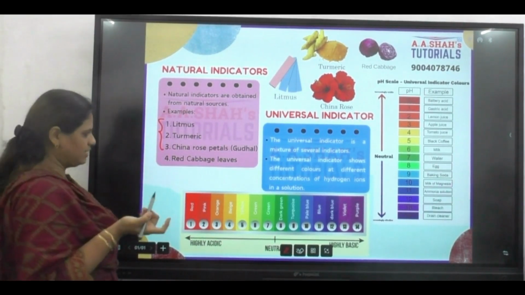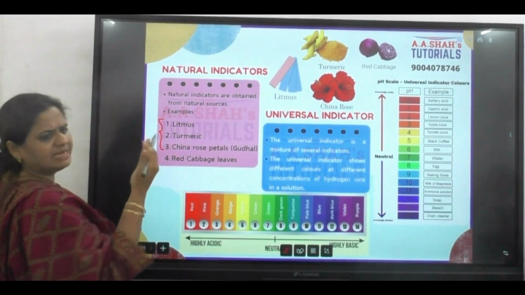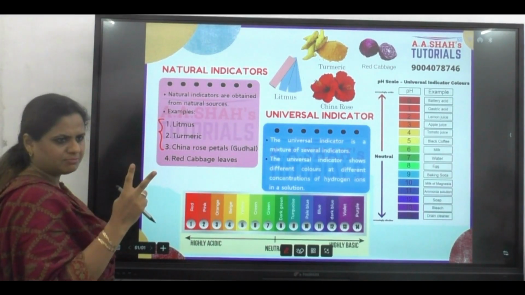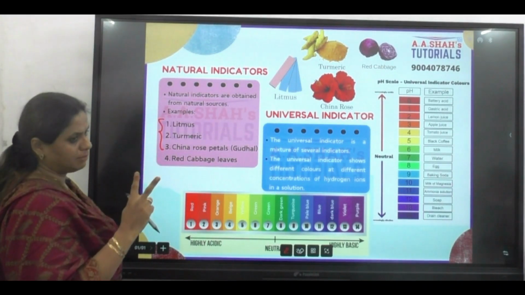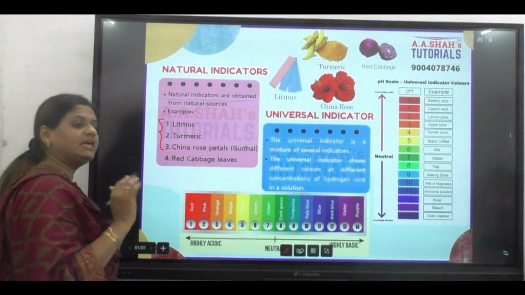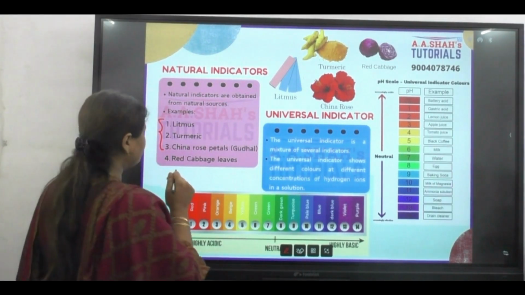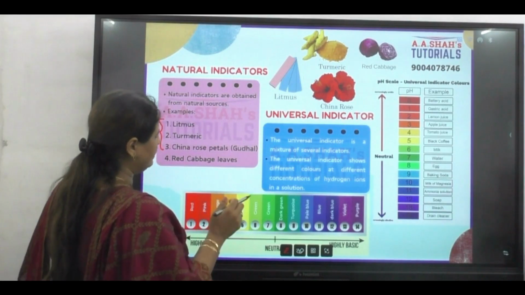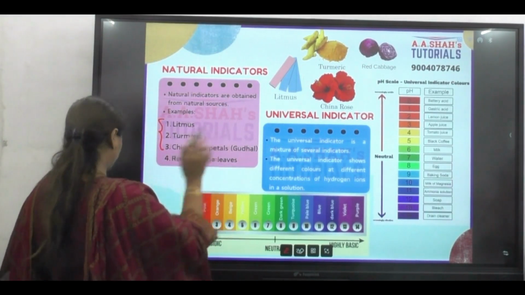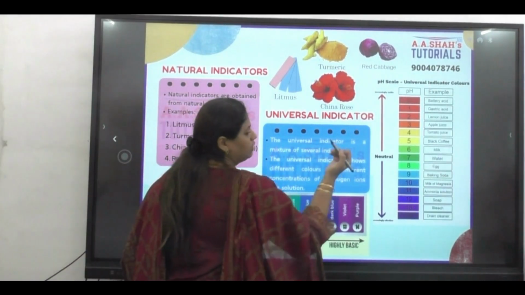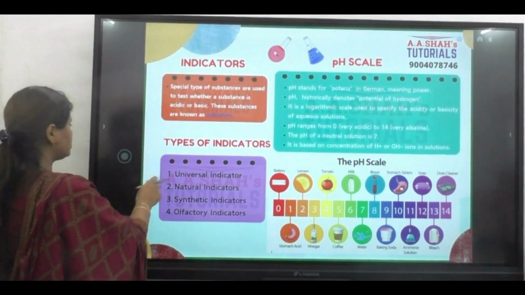Even red cabbage leaves are used for that matter too. So litmus paper, which you must have seen in your labs. There are 2 types of litmus papers, red litmus paper and blue litmus paper. Litmus paper is made from lichen. What is a lichen? We'll see all that in detail too. But before that, let's look at the universal indicator which is in front of us first. Universal means it is used for